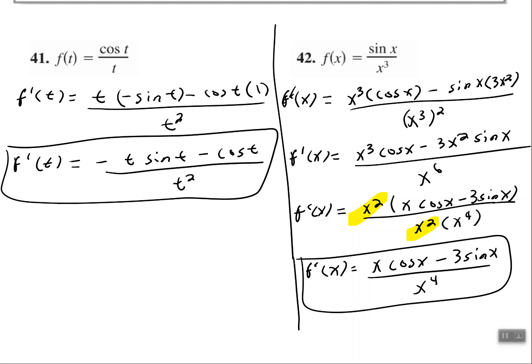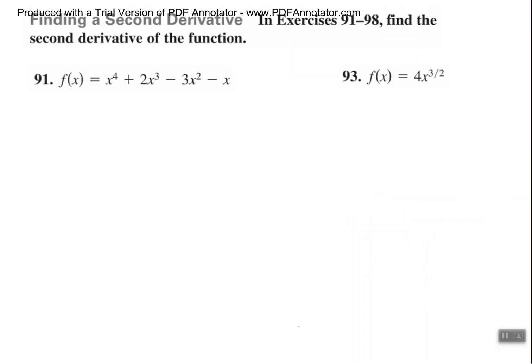Alrighty, let's look at the second derivative of a function. Now, the first derivative represents speed or rate of change. Second derivative represents acceleration at any given point. So we can find the acceleration at any given point on that function. Okay, so to find the second derivative is fairly simple. You find the first derivative and then you find the derivative of the first derivative. So our first derivative